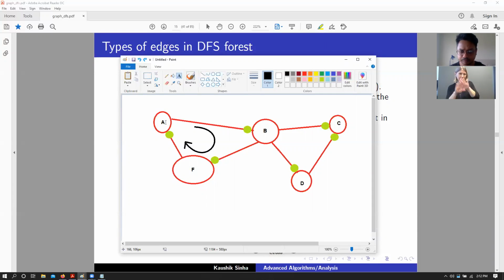Clarification on what you just said. If you started DFS on C, you would not be able to go anywhere, right? And your DFS would just be C? It doesn't have any connection, so you would have to stop right there, right? No, so this is DFS, not the explode function. You're correct.